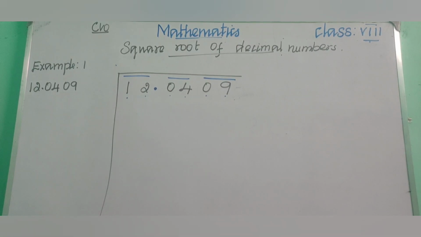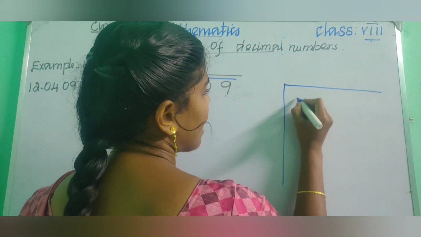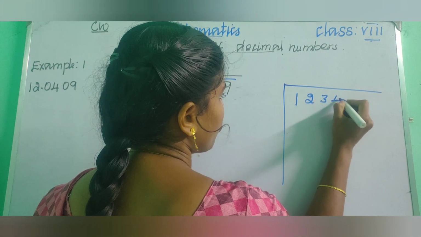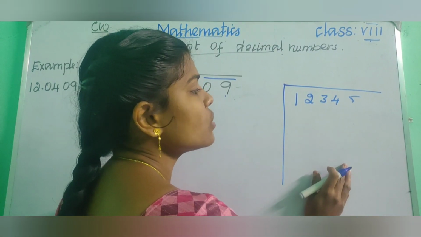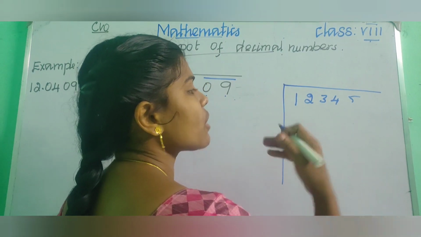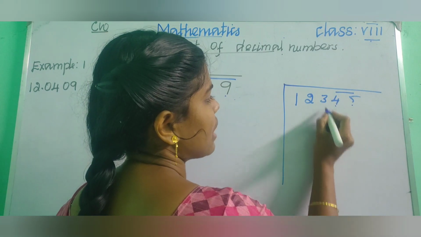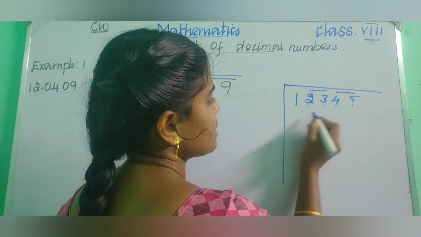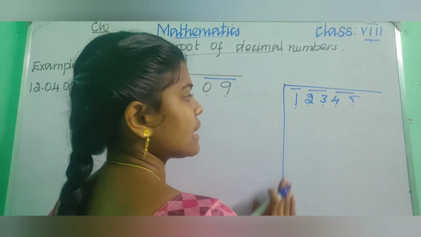Already we have learned to do the long division method, right? Simply, how will you do the long division method? If you are having digits 1, 2, 3, 4, 5, first of all, what we need to do? We need to insert the bar, right? We need to count from right to left. Now count 1, 2. We can insert bar. Again count 2. Now we can insert bar. Again here 1. So we can insert bar. We will insert like this, right?